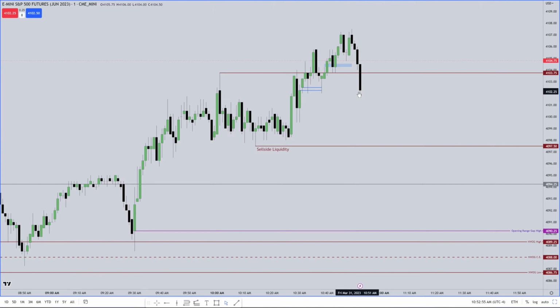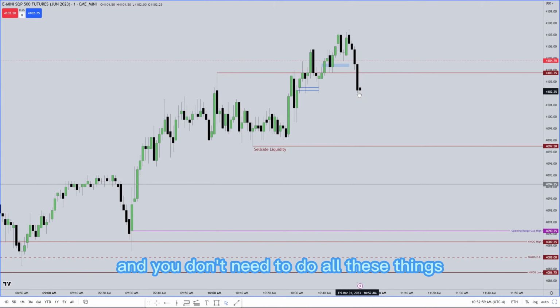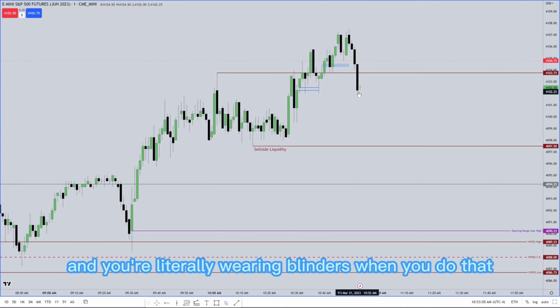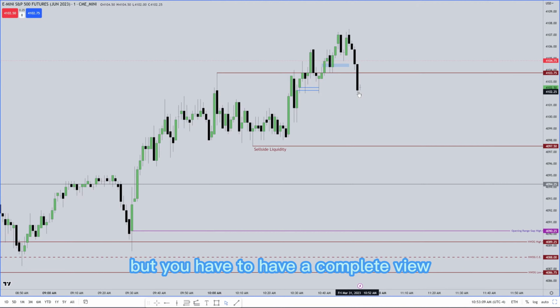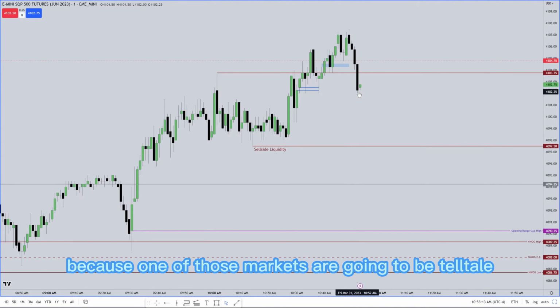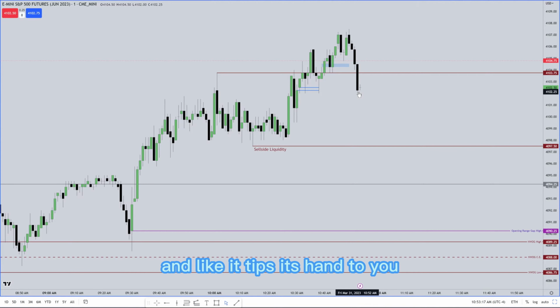And I see other people that are pretending to be mentors, or they'll be highly critical of me, and they'll say, you don't need to do all these things. You don't need to look at the dollar. And just be a one market trader, one chart person. You're literally wearing blinders when you do that. You have to have a complete view of what all the markets are doing, because one of those markets is going to be telltale, and it tips its hand to you. It tips its hand and shows you that it's